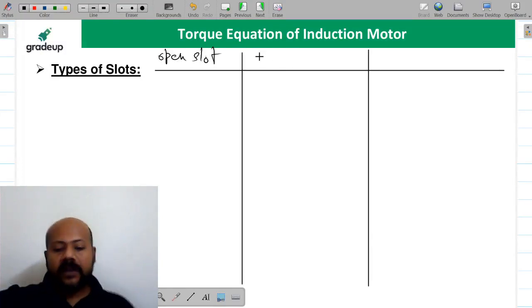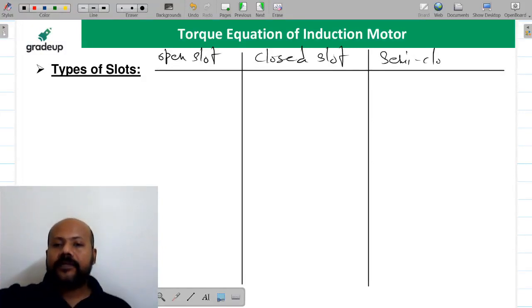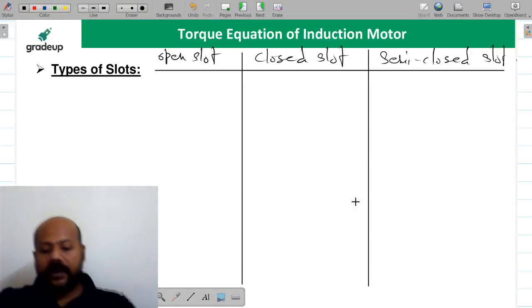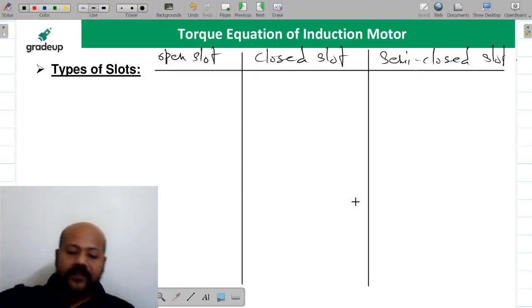Then we are having semi-closed slot, open slot, closed slot, and semi-closed slot. Is it clear? I hope it is clear. Now if you see, for the open slot, as the name indicates,